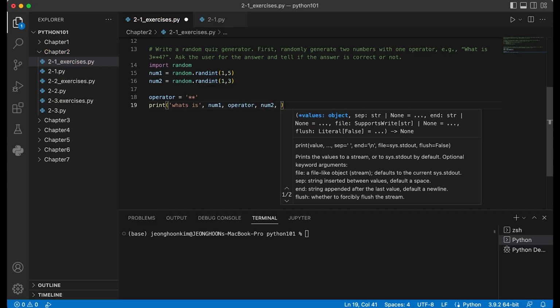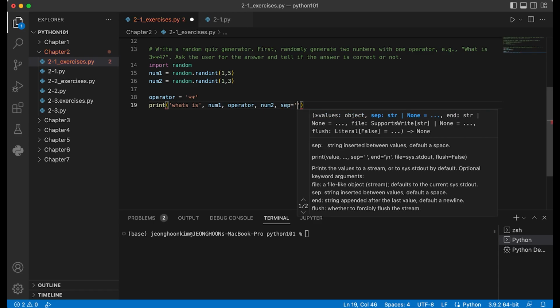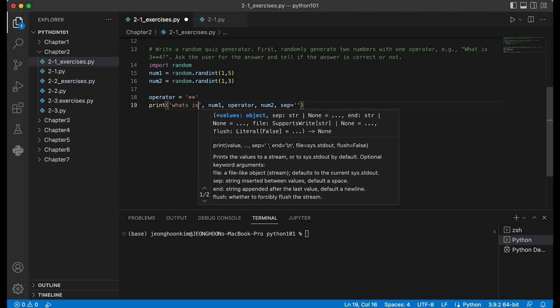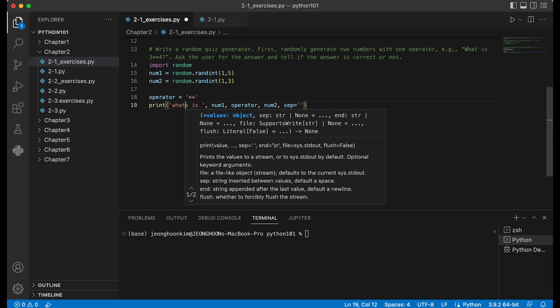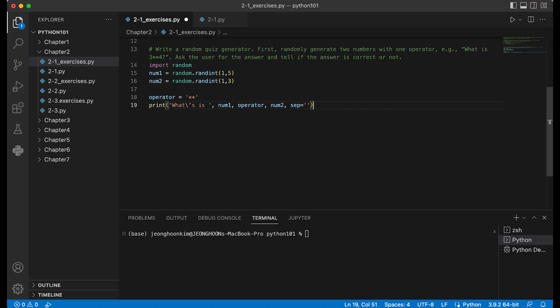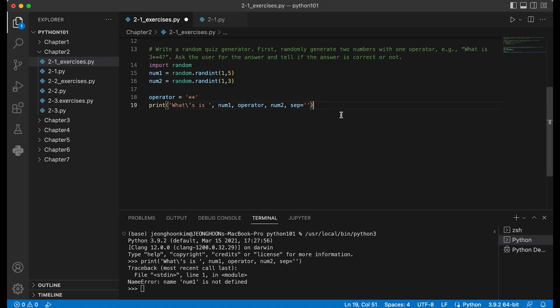And we say separator is nothing, we don't separate it, right? And add here, and we need another quote here, so backslash this. We print this one and get the user input from them.